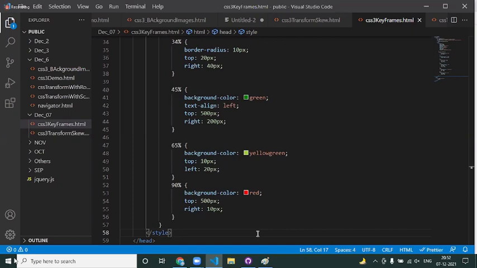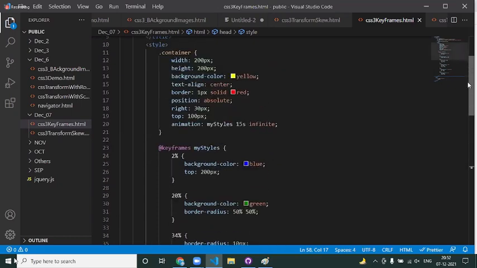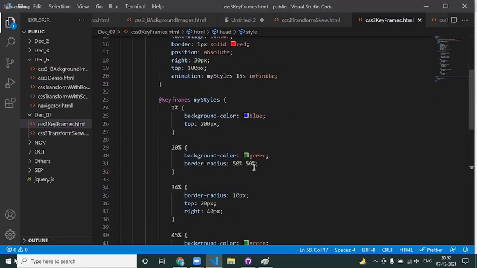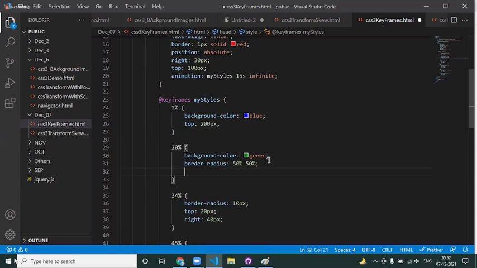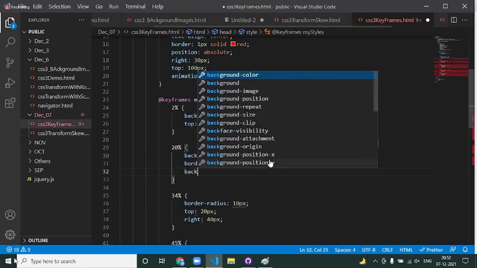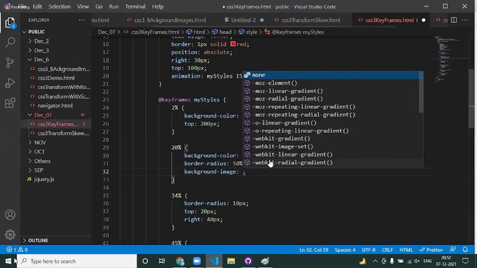So can we apply the animation effects for images which are given through URLs? Yes, we can do that. Now let us say, for example, at 20%, I want to set the background image.